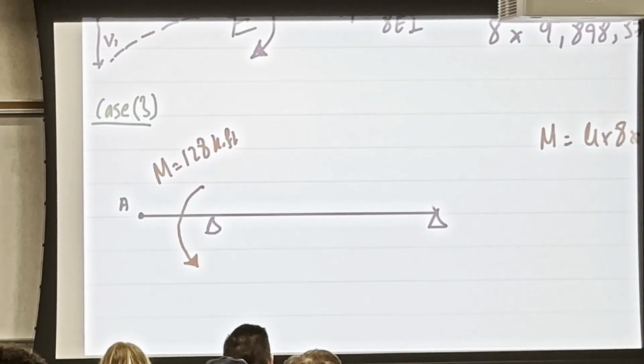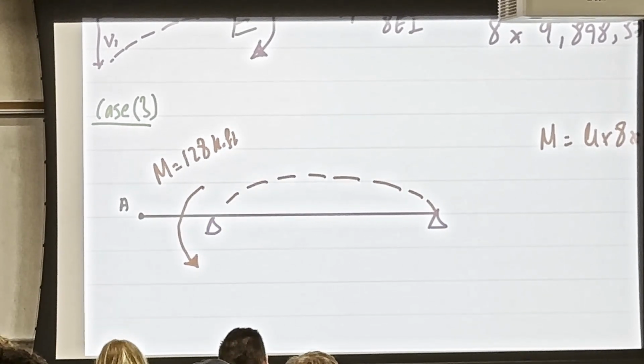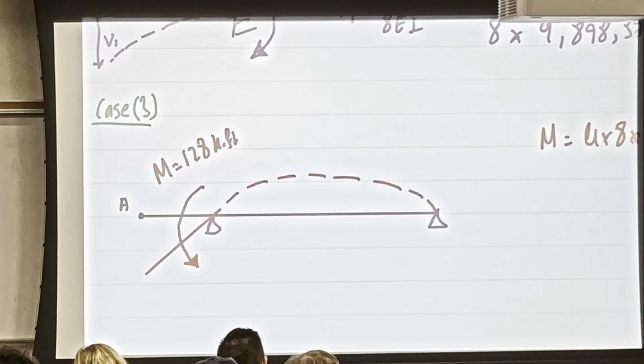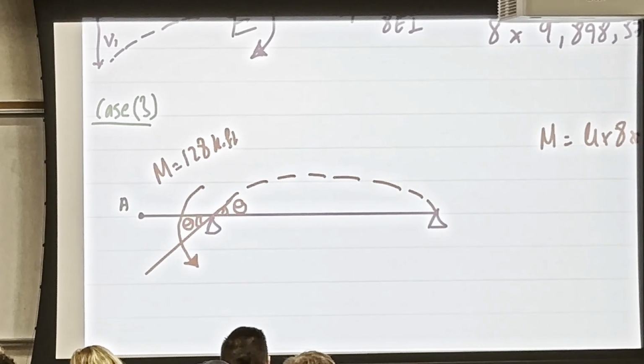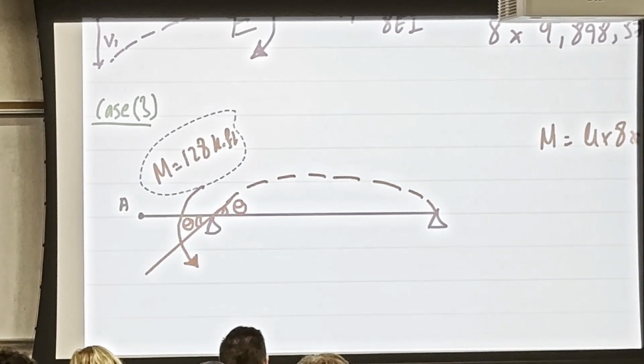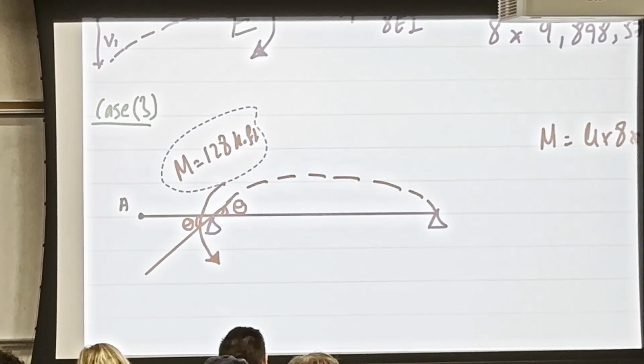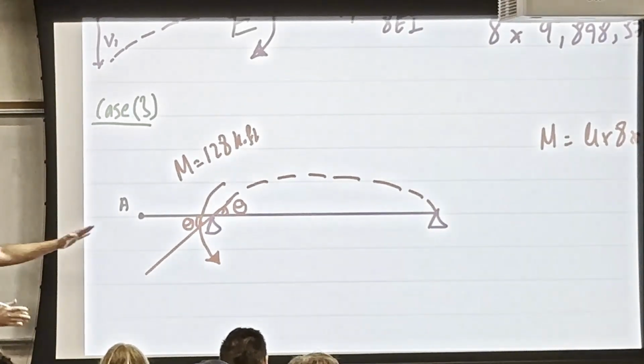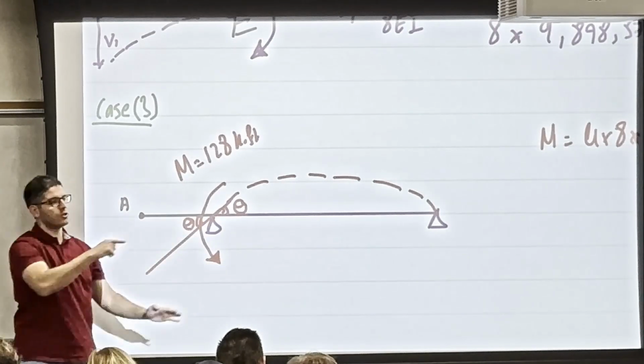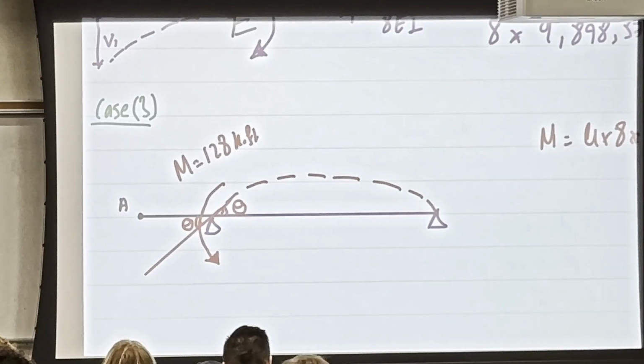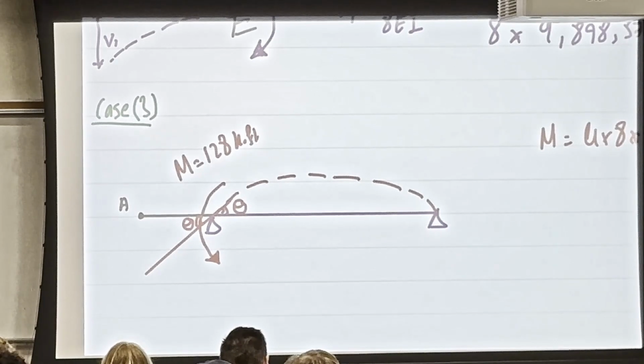I'm going to draw the elastic curve first. And once I reach the support, I'm going to have a straight line like this. And this straight line is going to have the same theta as the curve ended. So this theta is equal to that theta from math. I don't know the name of this condition, but you all took it in high school, right? So when you have two lines like this, the theta should be equal. So the theta is